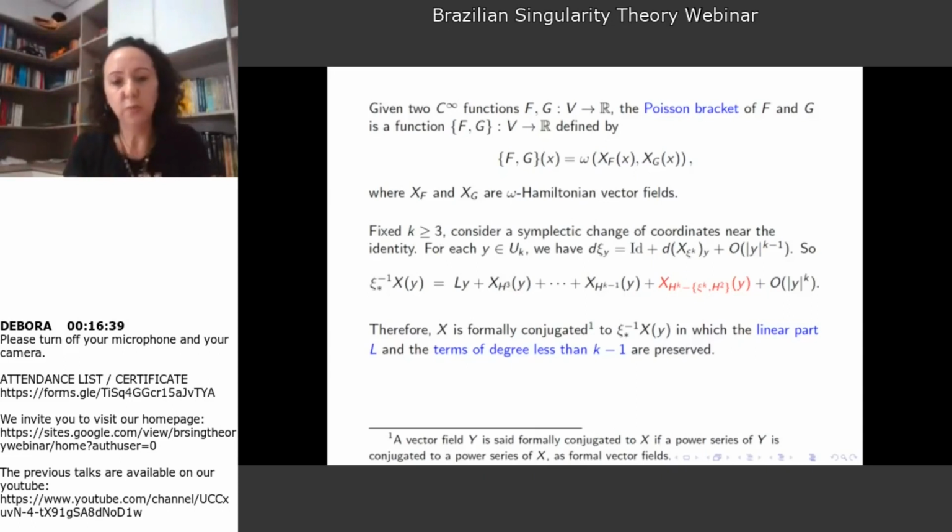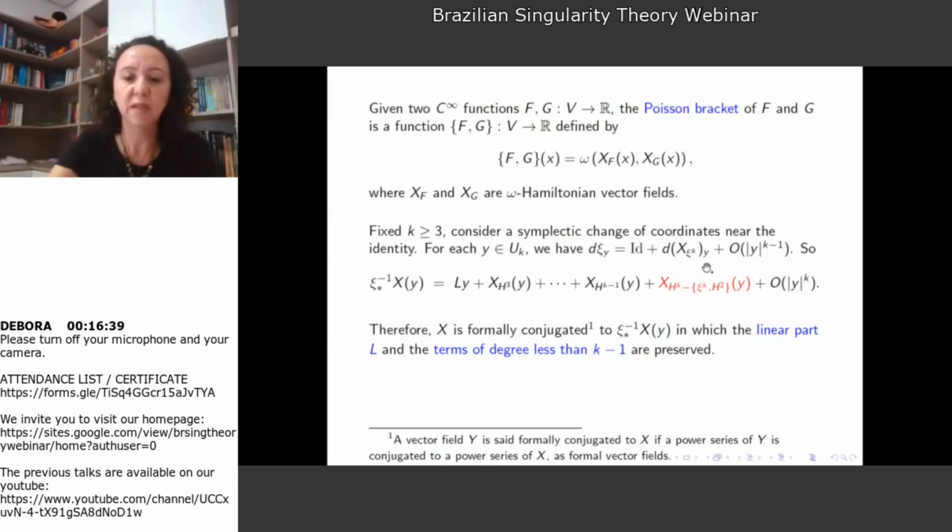We want to preserve the first k minus 1 elements, and we want to know what happens with the homogeneous polynomial of degree k. So if we consider a symplectic diffeomorphism of this form, the differential of this diffeomorphism is